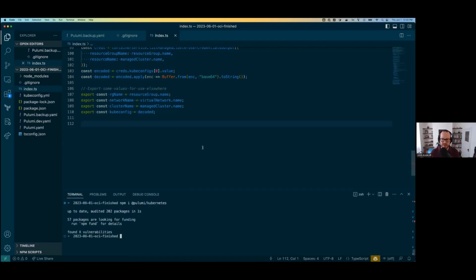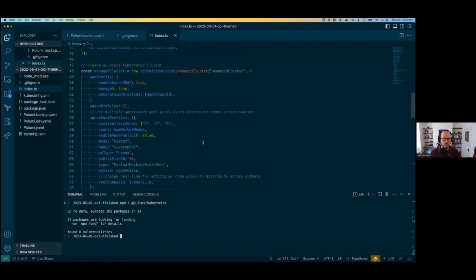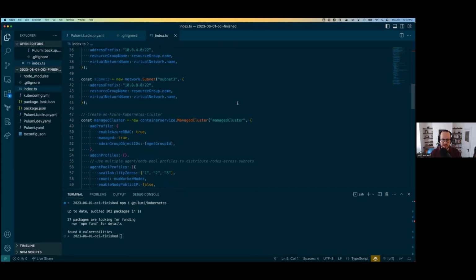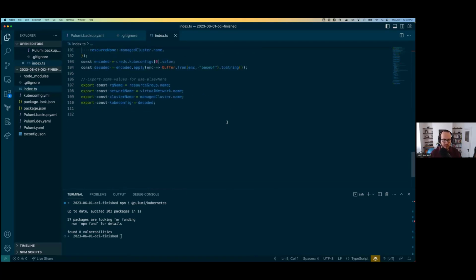Cool. So now that the Kubernetes provider is installed, we will need to add an import statement for it, which you can see that I've already done up here. Now that we have a reference to the Kubernetes provider in our program, we are going to create an explicit Kubernetes provider. Let's just type that out. The reason that we need to explicitly create a Kubernetes provider,